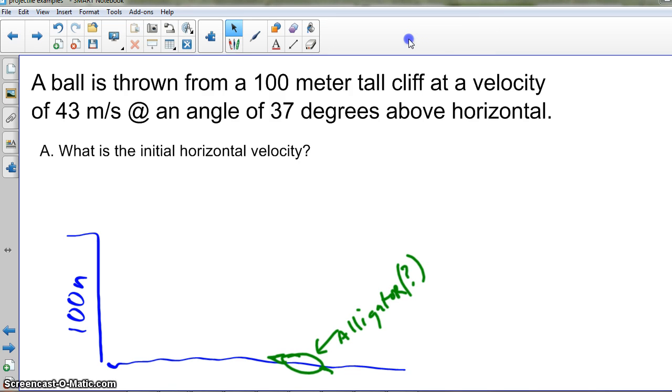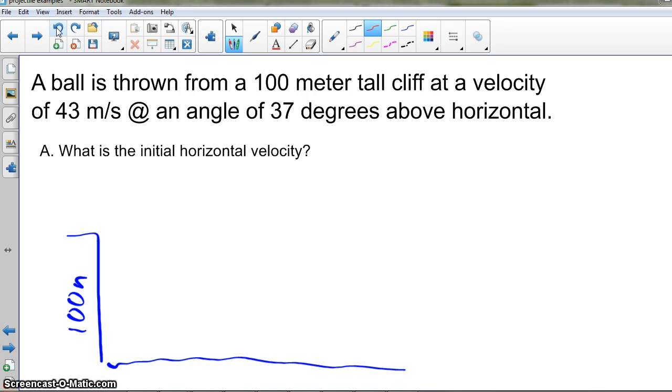And so now we're going to put something at the top that we're going to throw off of it, and we'll just do this for a ball. Just throw a ball. So we're going to throw a ball, assuming the ball leaves approximately at the level of the height of the cliff, which probably isn't true, but we're going to ignore any difference between the person's hand height and the base of the cliff height. So we're just going to approximate this by saying that the ball was going to be launched from here, and